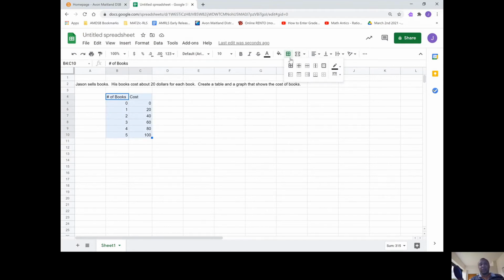Now you'll notice if I click this, it allows us to create a set of borders, which makes this spreadsheet look like a table. Each of the cells that I have on here are now bordered by a line. Now, if I want to emphasize that something is the title for a specific column, we have to highlight the 2, so drag across,